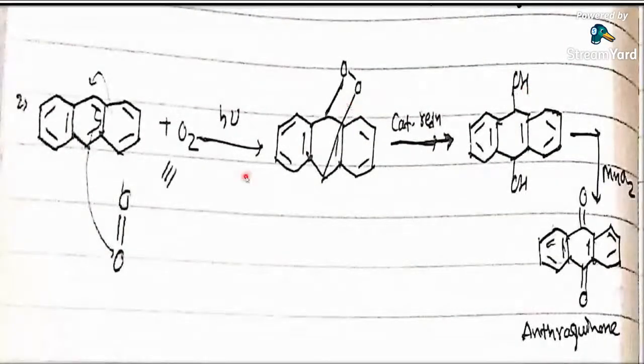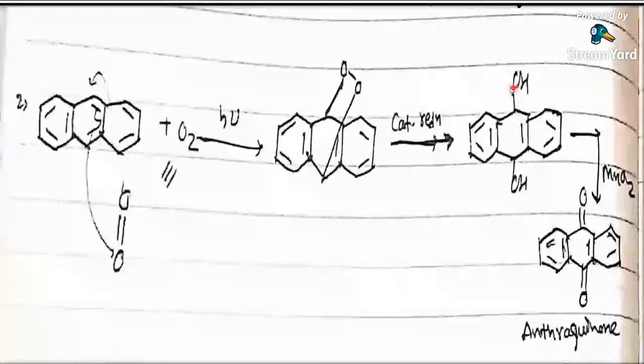So the same reaction is again, just focus on the main functional groups. These two double bonds are there, and oxygen will be added at these positions. So the two bonds will get shifted to the middle. In the middle I have drawn the bond, and the oxygen-oxygen bond is getting formed there. Now under catalytic reduction, the oxygen-oxygen bond will get broken down and the structure will be converted to the